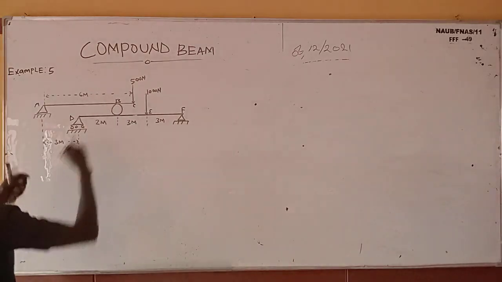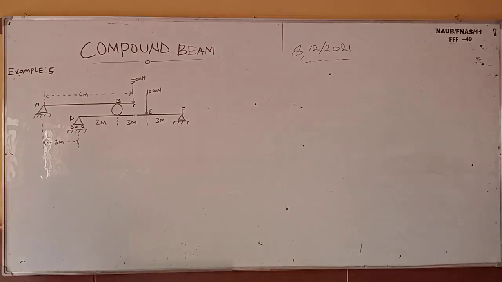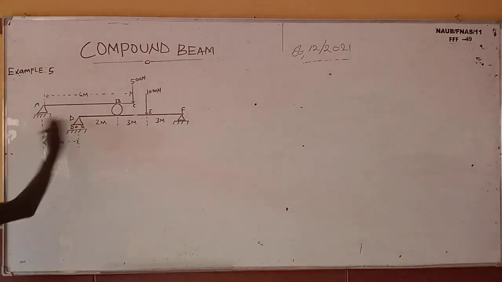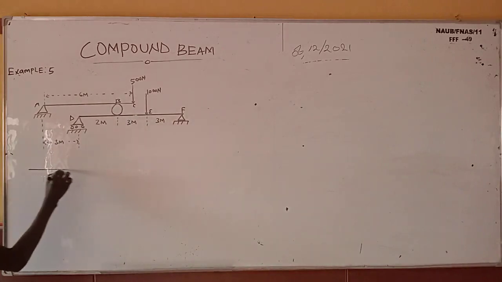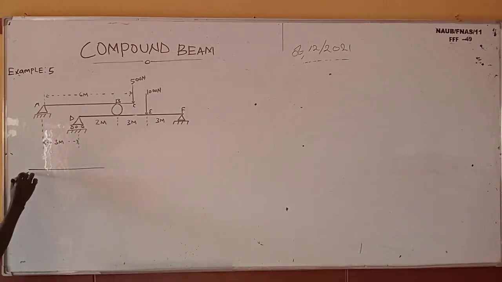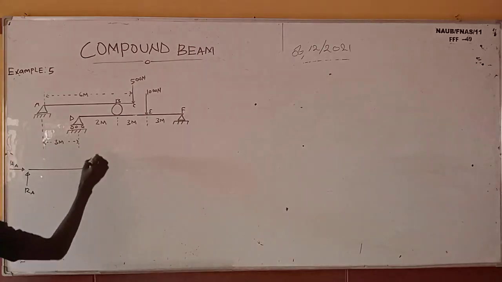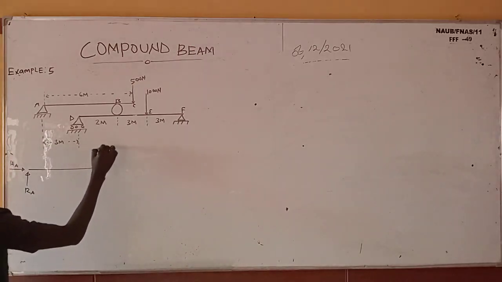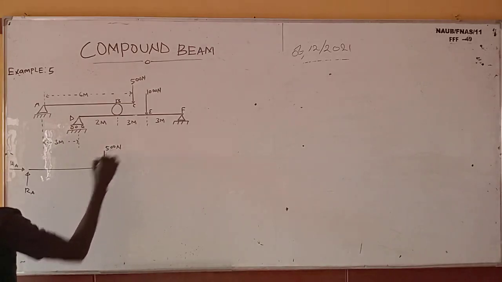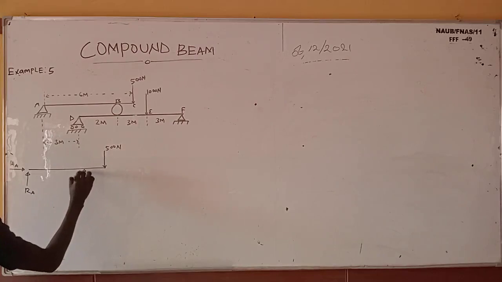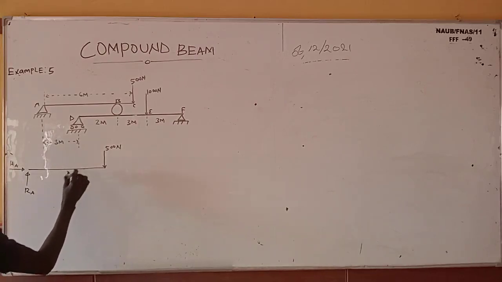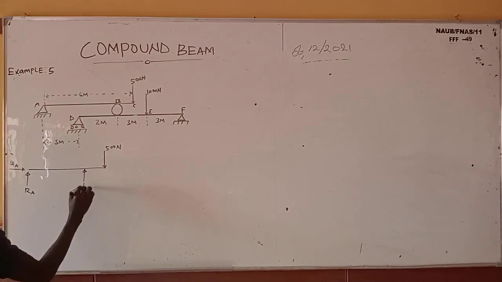You can see this is the internal hinge. It's very much similar to question number 1. So let's draw the first beam. That is the free body diagram for the first beam. So it's like this: arrow A, HA, and here is 500 Newton. And if I'm taking this upward, an assumption for my B,